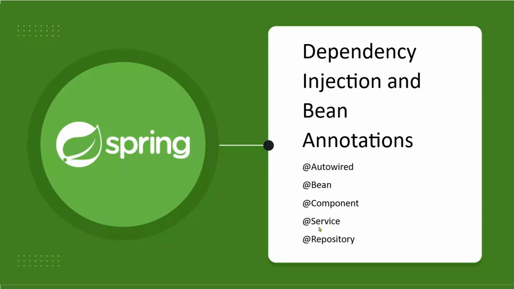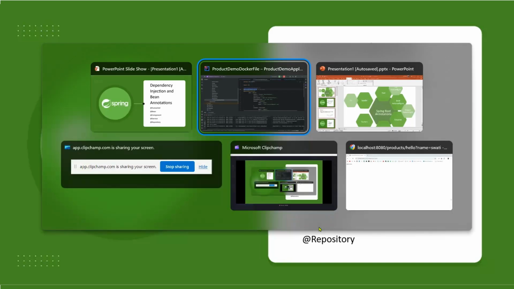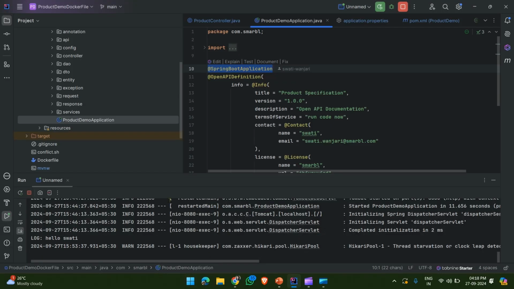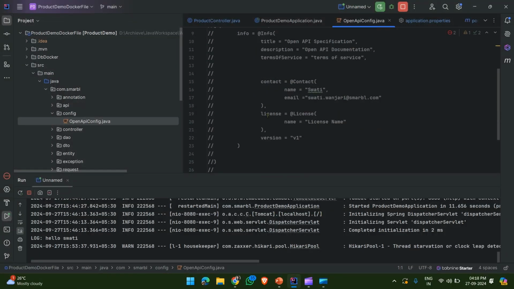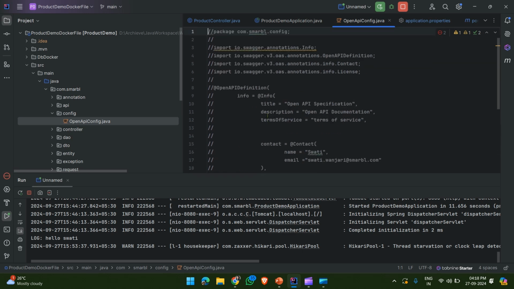Dependency injection and bean annotations. One of the core features of Spring Boot is dependency injection. Let's look at the annotations that make this happen. So let's get into the code. Where will we find this? If there is any configuration class, you will find the bean configuration over here, or